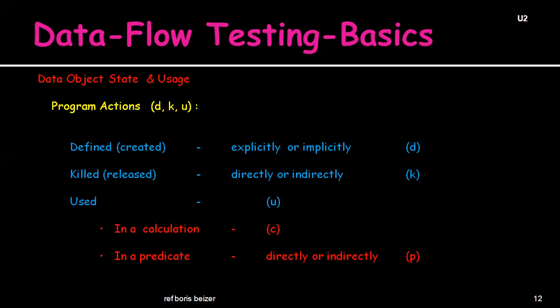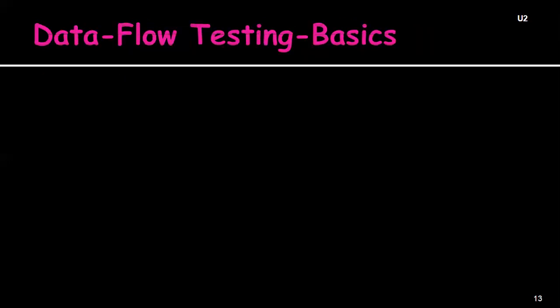Now coming to the data flow anomalies. An anomaly is a situation or a condition where an object is defined but not used. At the start itself, we discussed there are two types of anomalies that come in data flow testing. One is using a variable without defining. The second one is defining a variable but not using it anyway.